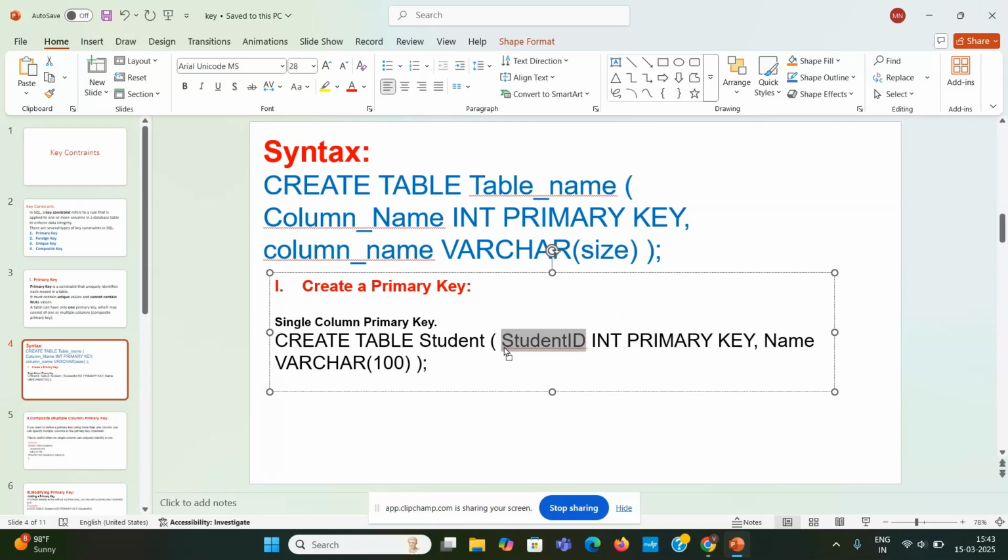For example, in student details, I want only the student id. The student id is not the same for all students. So we can easily identify the student by using the primary key only. Next, go and open the